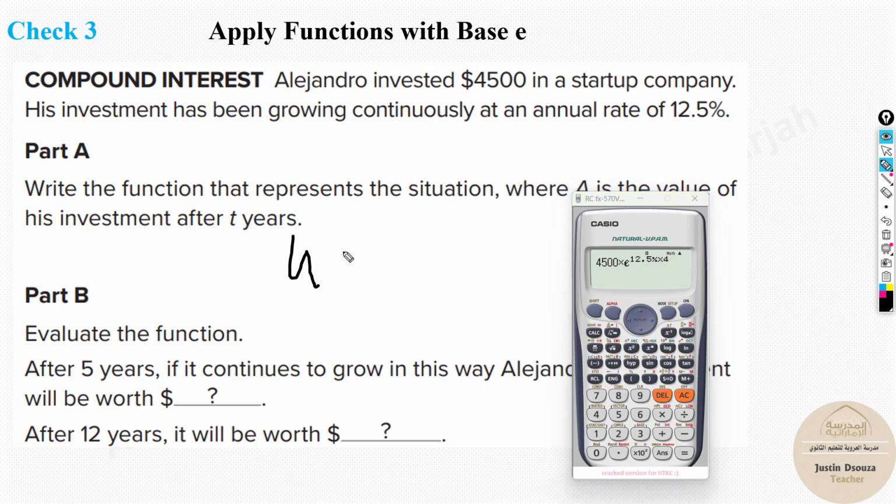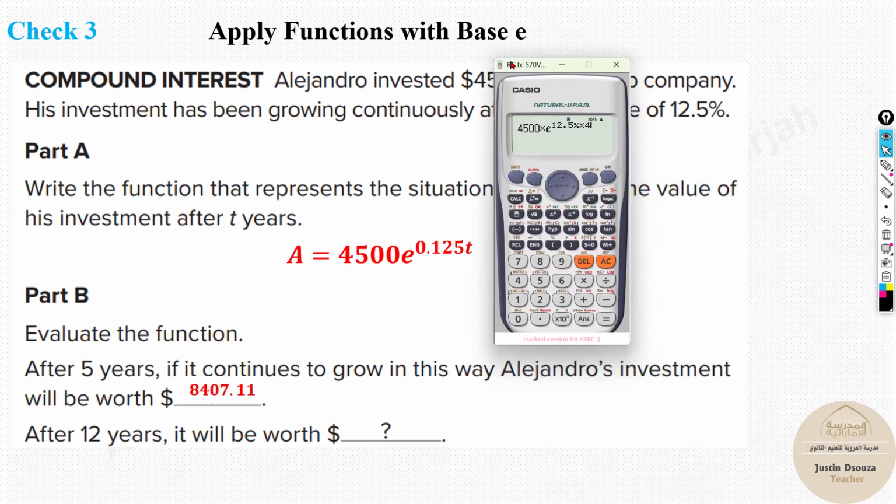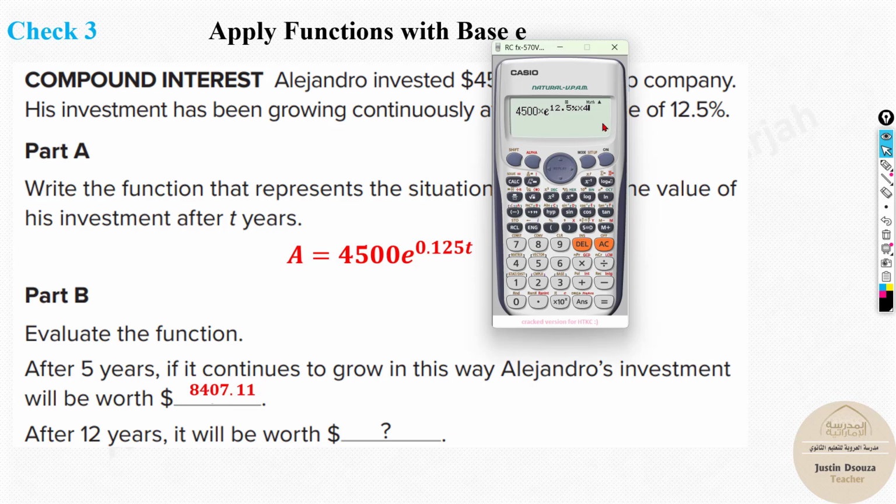So now it would be 4,500 e to the power 12.5% would mean it is 0.125 T. That's it. You're writing it in terms of an equation. Now here they have asked after 5 years what is its worth. After 5 years, that means over here the T value will be 5. And you can see the answer is